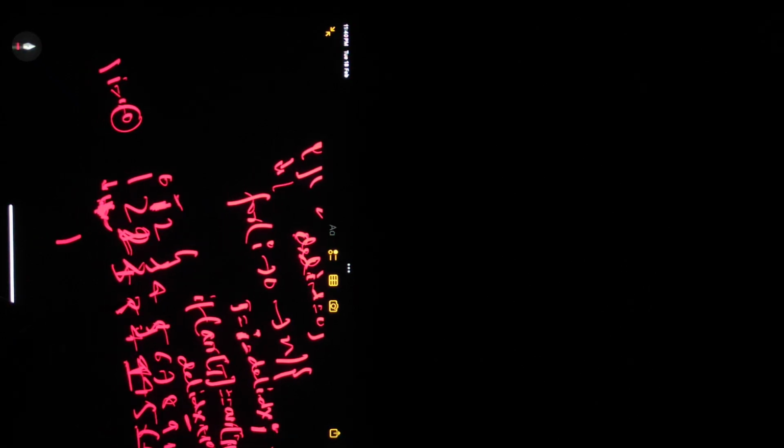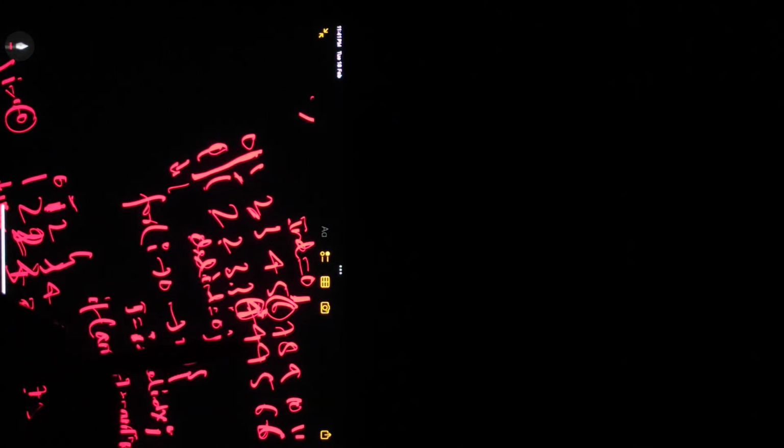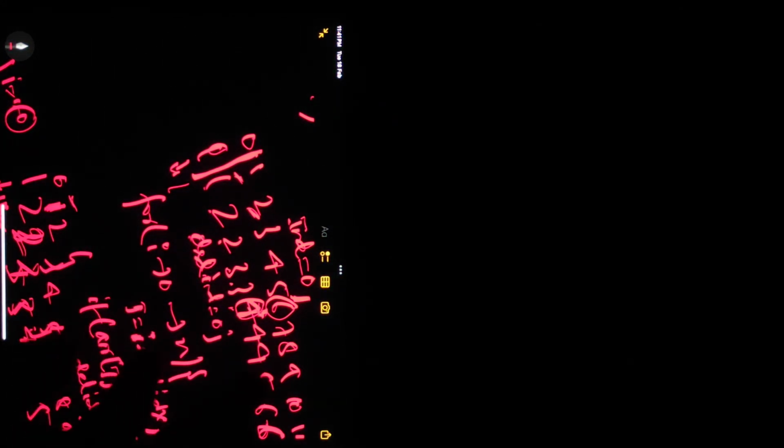So when i reaches index 6, I know index 6 is 4, but when I deleted 1 from there, the index should be decremented, so 4 should come at the 5th index. I forgot this first. So what will be next? 0, 1, 2, 3, 4, 5. But what is the original index? 6. So what I have to keep track of is how many elements you have deleted from the array.